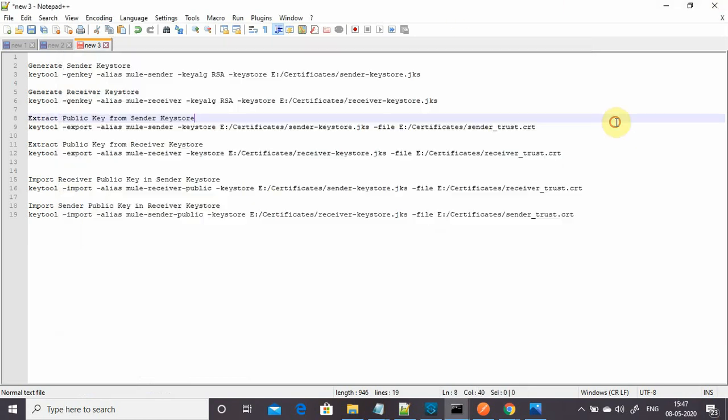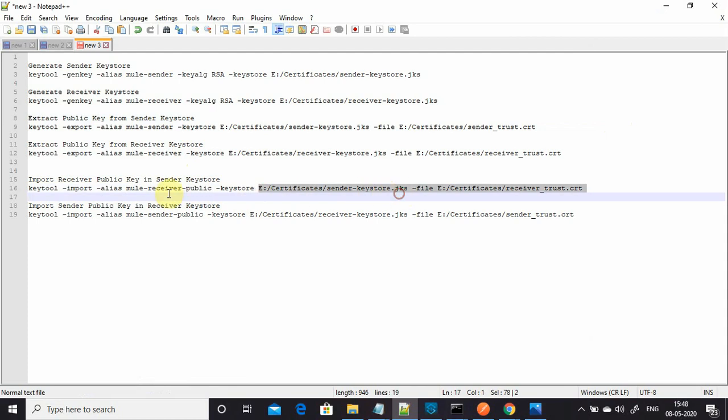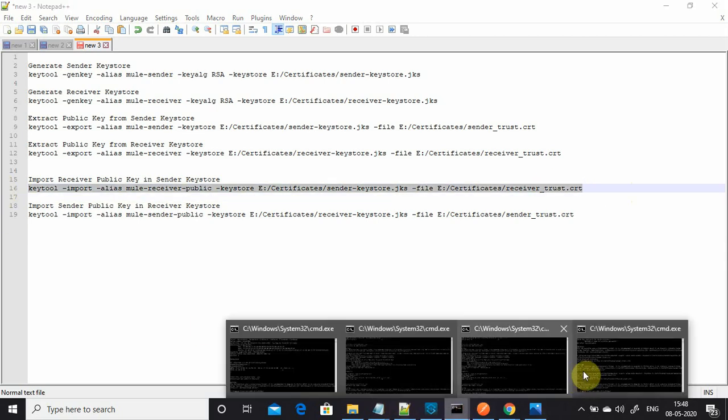Next command, import the receiver public key into the sender key store. So import cert, this is mule receiver public, this is the alias name, and this is very important to identify the correct certificate. The key store is the sender key store, but we are giving the receiver public certificate. So it's a receiver public certificate in the sender key store.